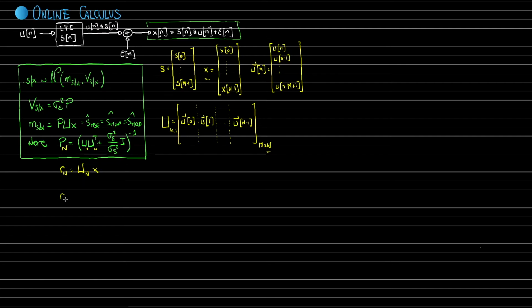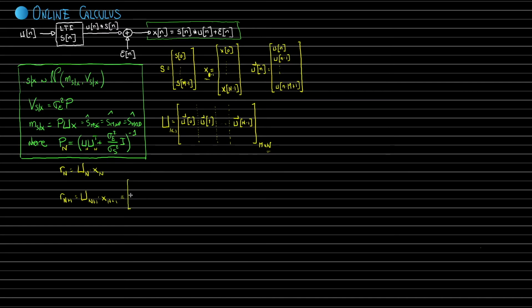We can say that Rn plus 1 is equal to Un plus 1 times x. I will make the number of samples in x also explicit. Let's call this the vector containing all samples up to time n minus 1, x sub n minus 1. So at time n we will need Un times xn. So at time n plus 1 we need Un plus 1 xn plus 1, and this is equal to